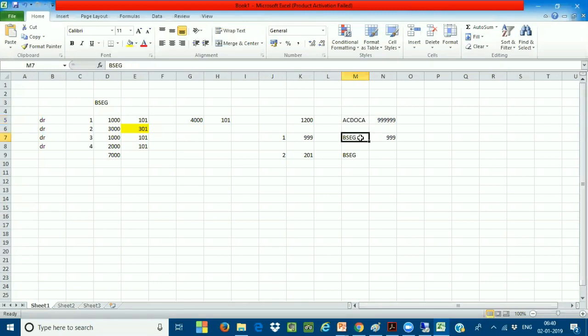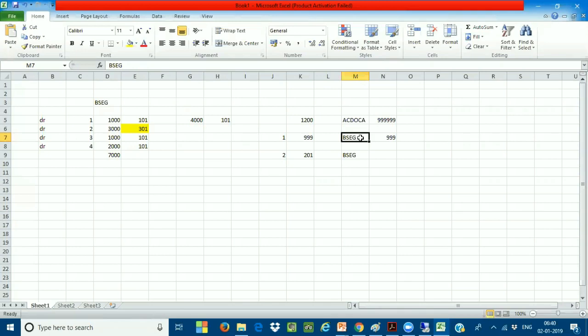But you have to use the BSEC level table when you want to maintain open item management, or when you want to see summarization reports of the line items, that is, the summarization of all the line items into one line item. The ECDOCA table doesn't contain open item management, so that has to be brought into another table. Instead of creating a new table, SAP chose to use the same BSEC level table, which is anyhow active in SAP S4HANA.